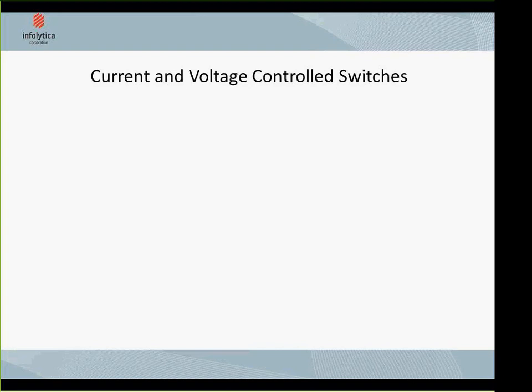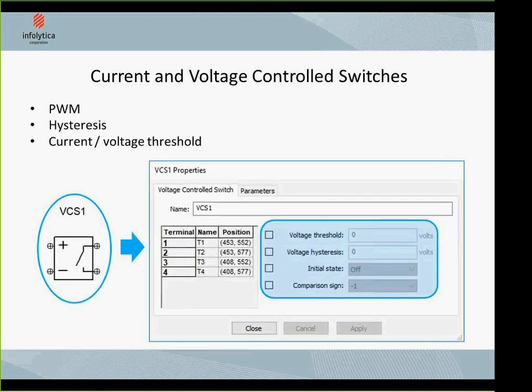And it allows you to do that without the need of a secondary circuit simulator. So we are now able to implement circuits like PWM-driven circuits. You can do sine PWM for motors or for DC to DC converters. You can also implement hysteresis controllers, and you can use the current or voltage ratio to